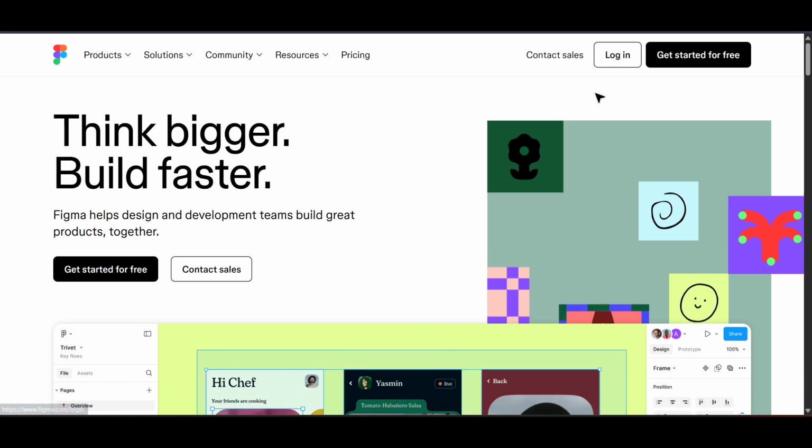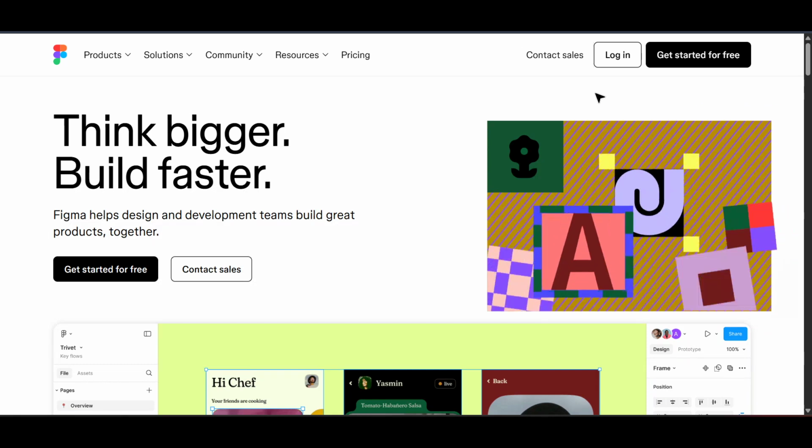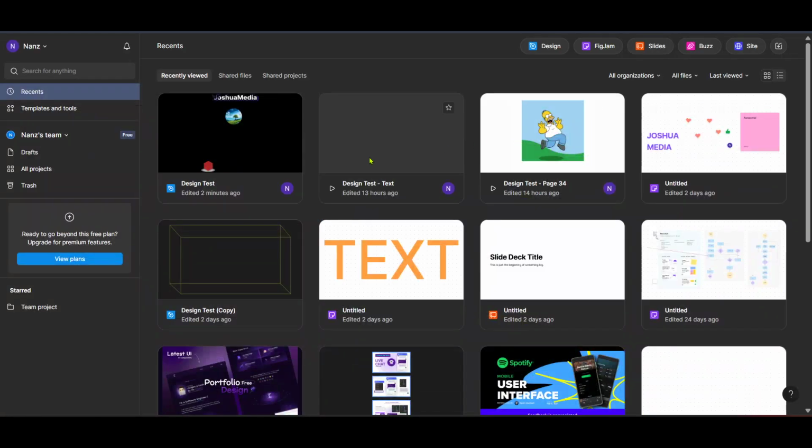After logging in, your next stop is the Figma homepage. This is your dashboard where you can access all of your recent files and projects. From the homepage, locate and click on the Design tab. This will direct you to the space where you can create and edit your designs. It's essentially your creative workspace within Figma, so make sure you're familiar with navigating this area, as it will be